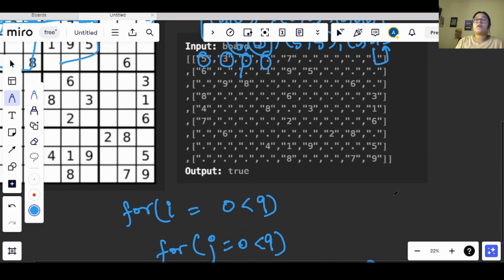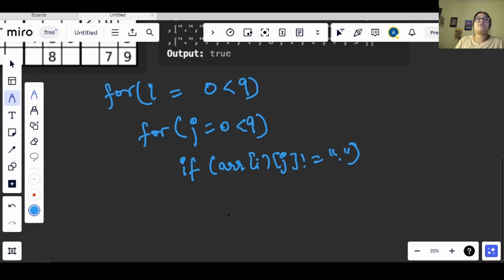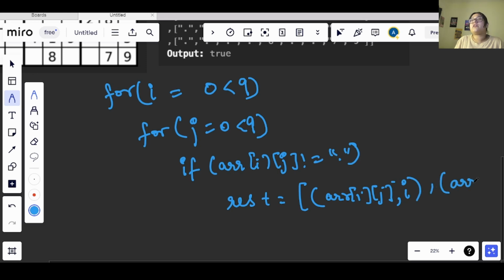Let's say I have a result, and in that result I will add ARR of i and j, and with that I will add the i index. In the same way I will get the j index also.